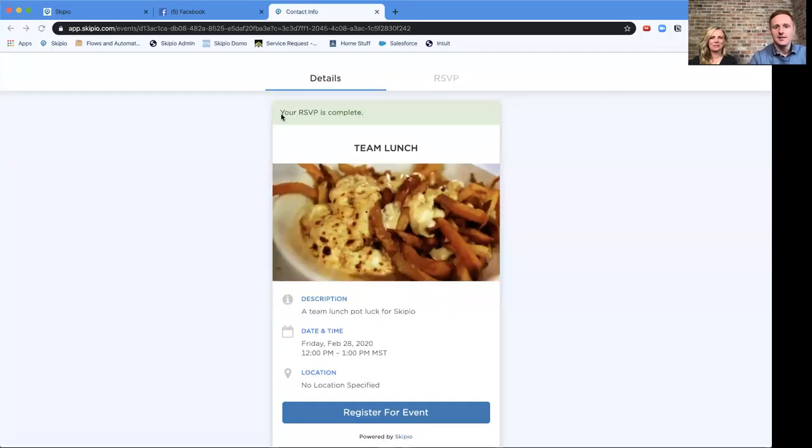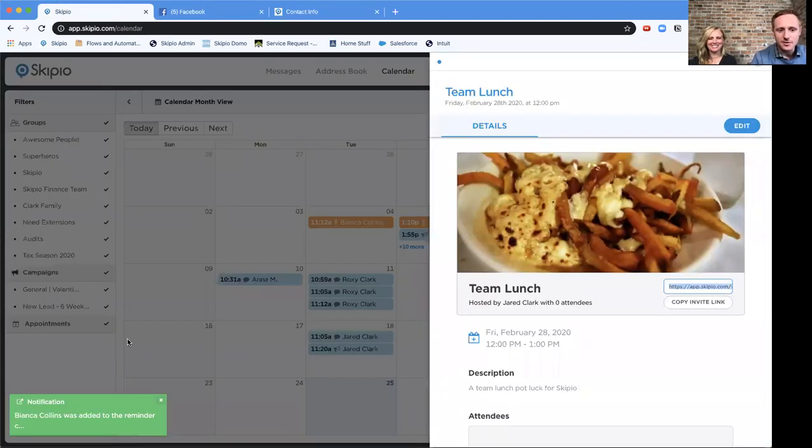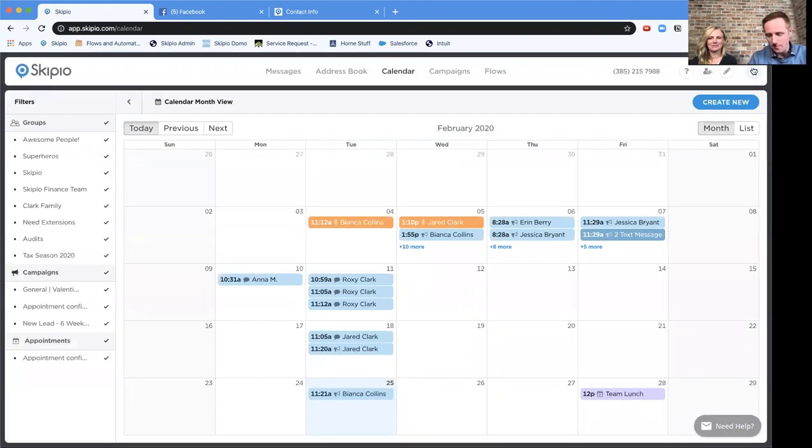Okay, I'll hit register here and we'll come back to our share. And you'll see that Bianca's RSVP has been completed for the lunch. So now I am in that campaign. Yep, she's in the campaign. We'll get all of your reminders. She's in the group. And I will be able to see on the calendar what messages are going out